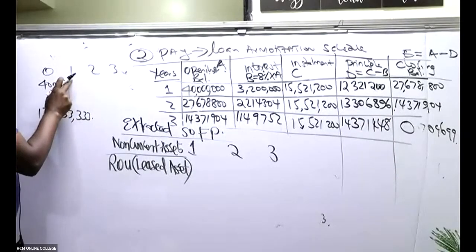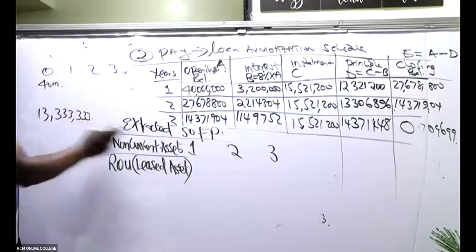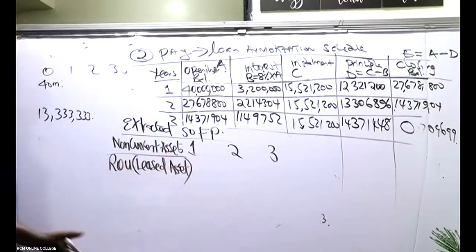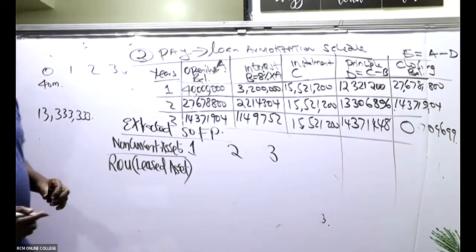So then by the end of year 1, what will be the value of our asset? Because you'll be looking at the end of the years. Remember, this is today 40 million. So by the end of year 1,